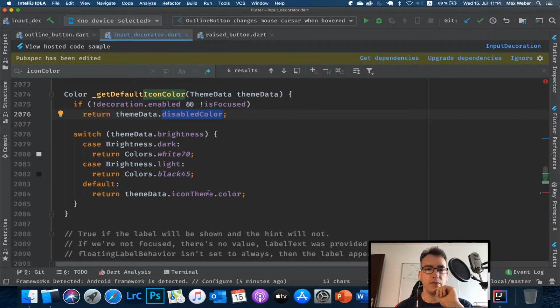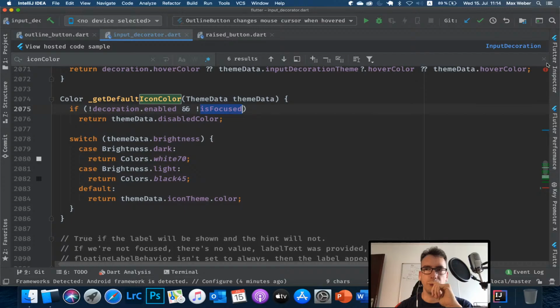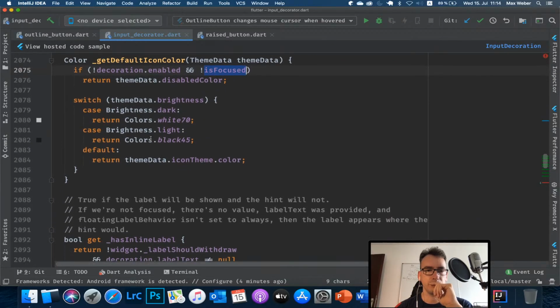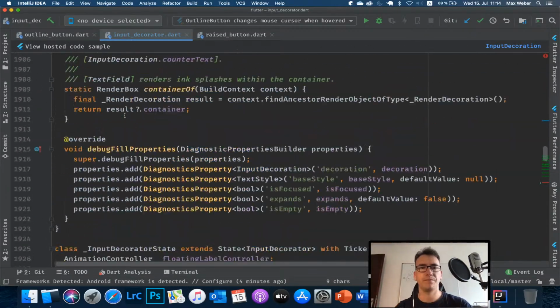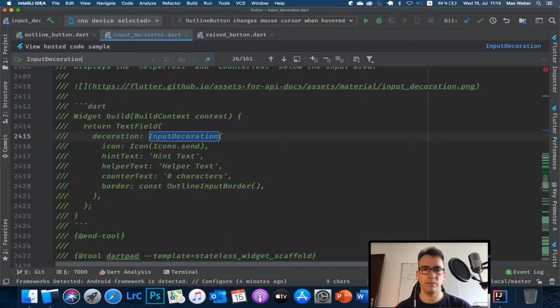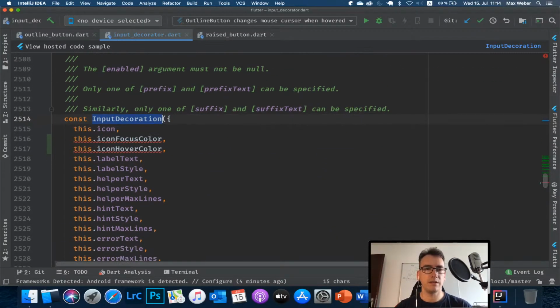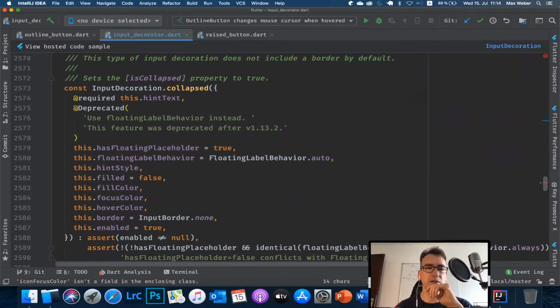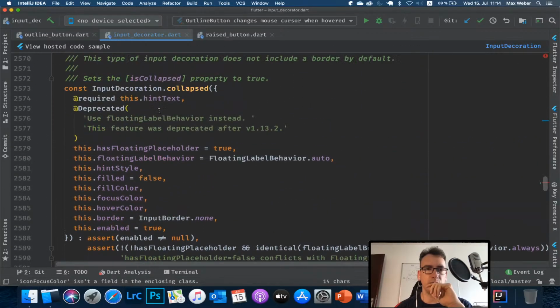Theme data icon themed color. So we can take the icon decoration enabled is focused. Why is it not going away? Get fill color, alright. So, but here we go. So now we first have to declare anyway the two variables, and for that I think down here we have also,